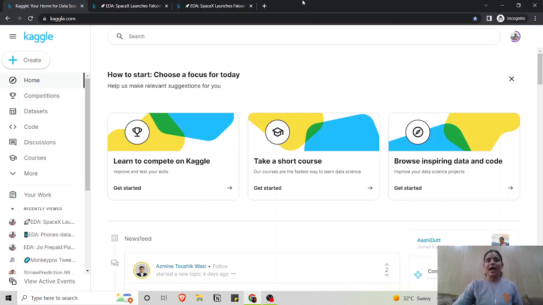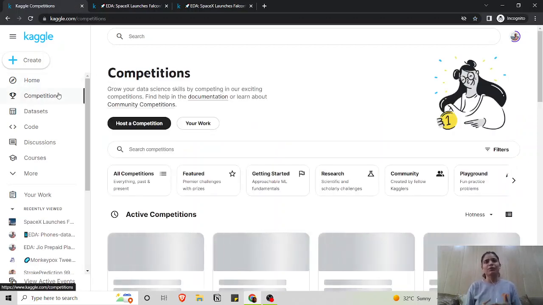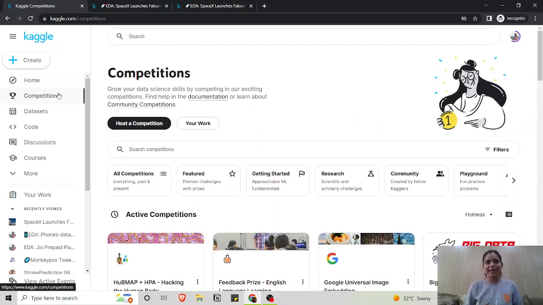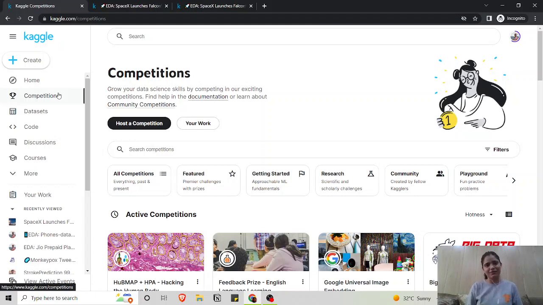So you can have some competitions like over here. So you might be someone who wants to practice their skills in data science or maybe ML and AI, then Kaggle is the thing for you. You have plenty of competitions to work with. You can form teams, you can work with best of people from around the world in Kaggle.